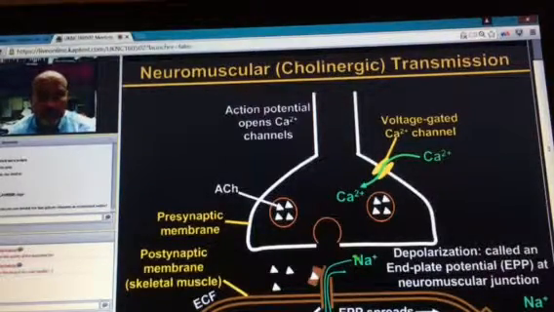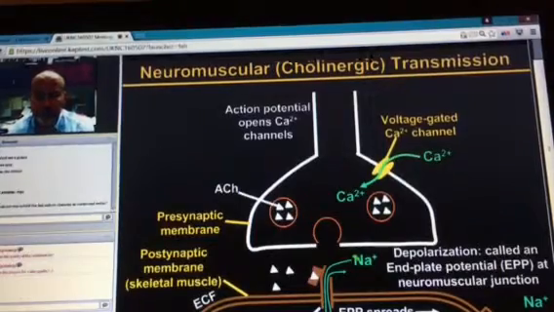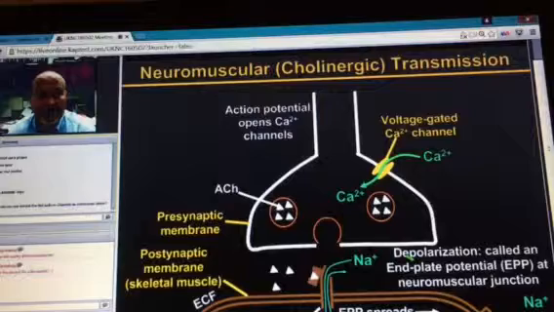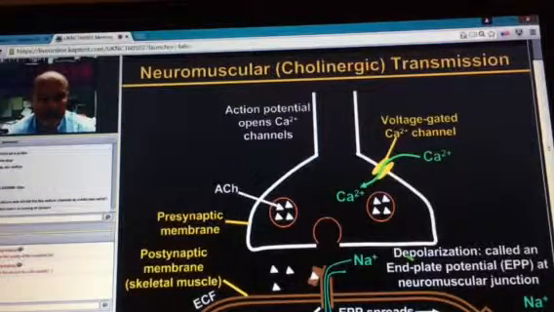Now this has a specific term to appreciate on Step 1. This depolarization is called an end plate potential. This is not a fast sodium channel. This is a ligand